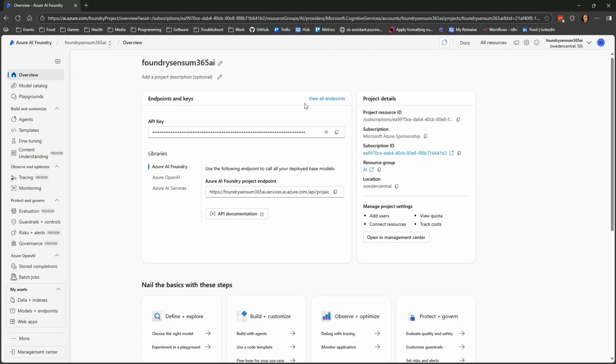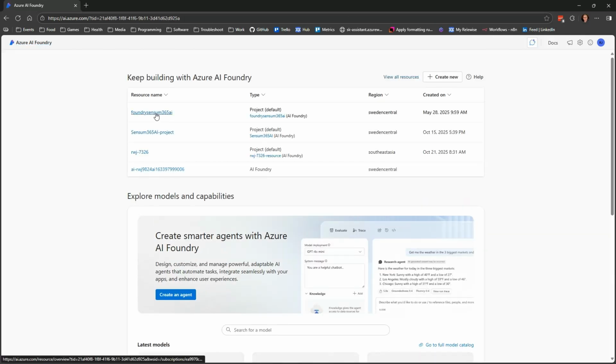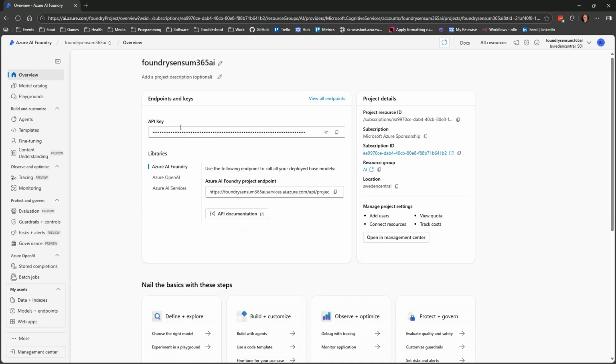Not that it's for this video, but you can go to the Management Center and look at all the underlying resources. And all these resources can, of course, also be seen up in the Azure portal. So these are more for the management people of the system, while the AI Foundry is where we as developers go and work. So let's go through not every single one of these. I will mention what each of them are, but some of them I will skip in more detail because they have nothing really to do with agents, or it's just information on how to get going.